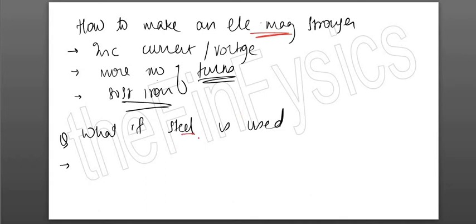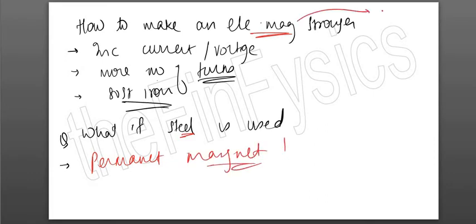The problem with steel is that the moment current flows through it for a certain time period, it becomes a permanent magnet. So it is no longer an electromagnet, which is normally temporary. Okay, it has become a permanent magnet. That is the reason I cannot use steel as a core. So this will come in the exam for 2 marks. You will have to write 2 points.